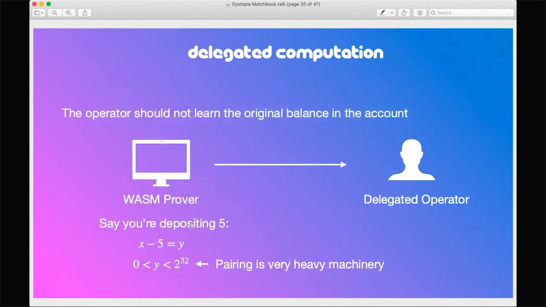I think that's where we realized that running a prover in the browser is really important. And we came up with this very small constraint. That constraint is a very basic constraint. Say you have like $1,000 in your account, and if you only want to lock in like 5 tokens to the exchange, then you just do 1,000 minus 5, you get some remainder, and then on that, you just do a range proof. Now, it turns out if all you want to prove is something is in the range and it's positive, pairing is a very heavy machinery to do that. So we just ended up going with bulletproof.